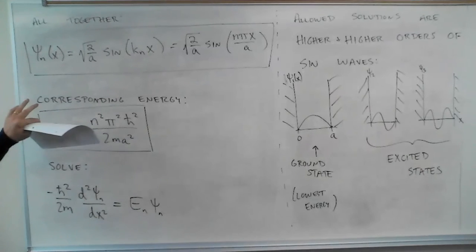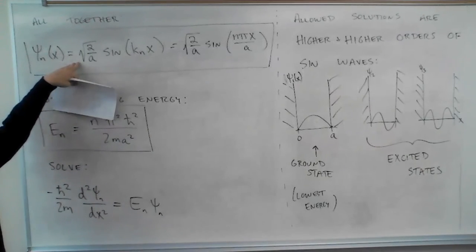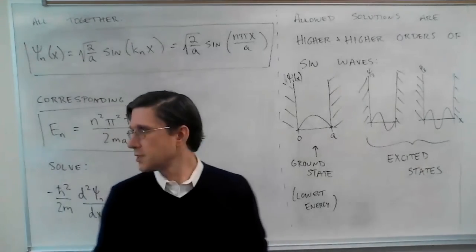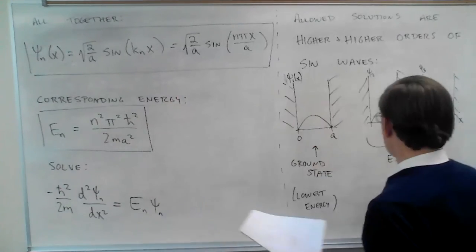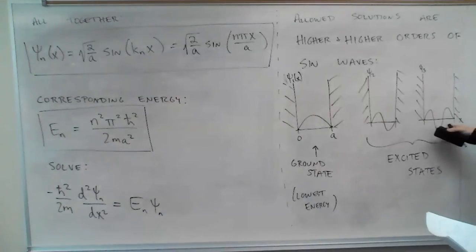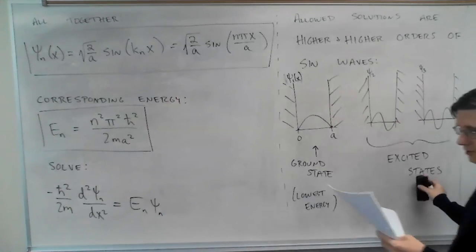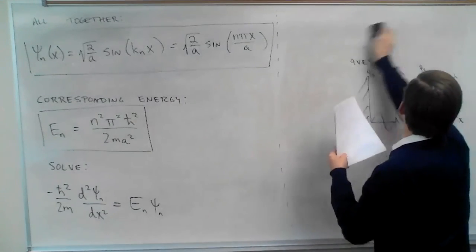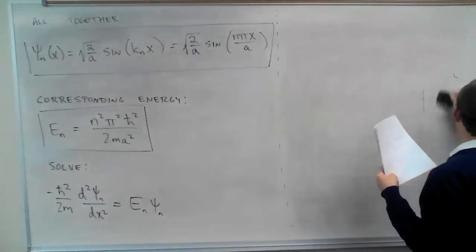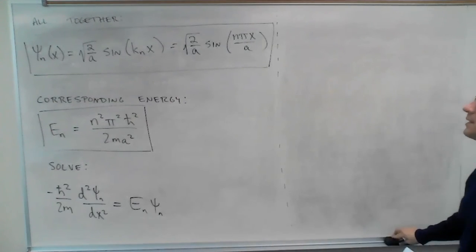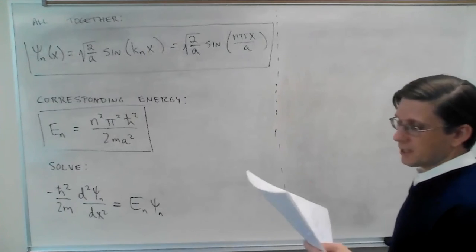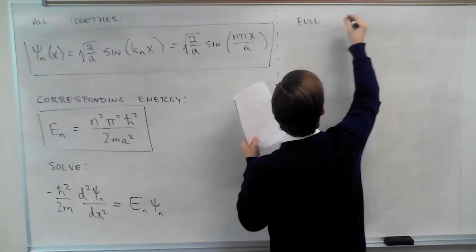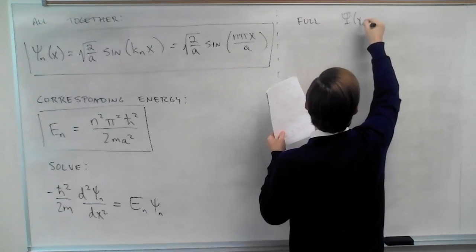All right, so we have the time-independent Schrodinger equation, and we solved it to give this family of wave function solutions. That family of wave function solutions comes with these energies. The solutions themselves, at least the spatial part, look like these higher and higher orders of sine waves. And then as the very final thing to wrap it all up, we can put it together with the time-dependent part and solve for our full wave function solutions. Okay, so our full capital psi of x and t